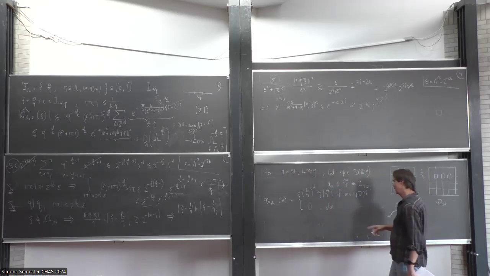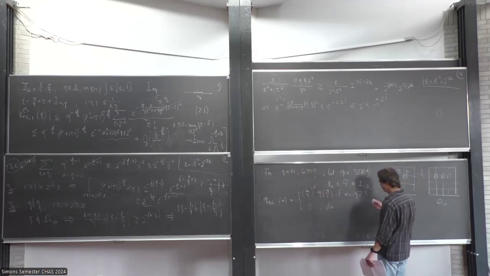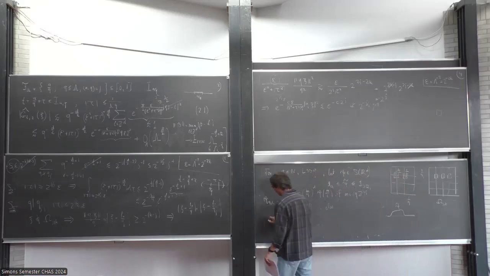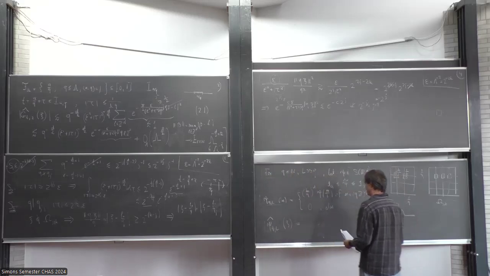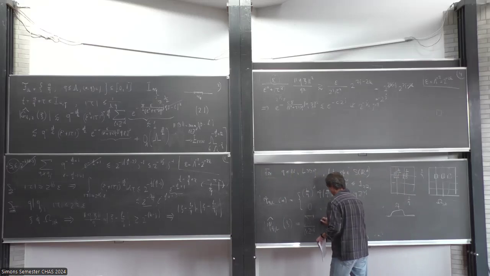So if something like a normalized function of psi, but just inside a grid, but the point is it was some summation, which I won't explain. If you take its Fourier transform and you calculate it with Poisson summation, it would be the following. It would be a sum over L in Z to the D, the continuous Fourier transform of psi of L times delta of xi minus L over Q.